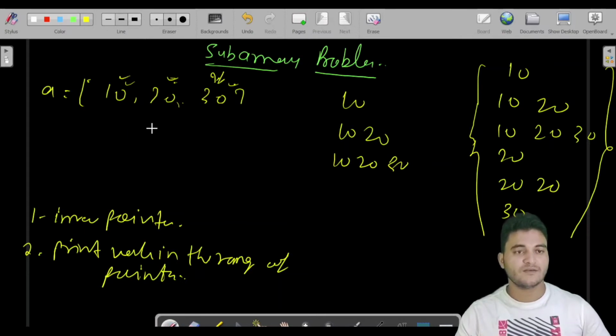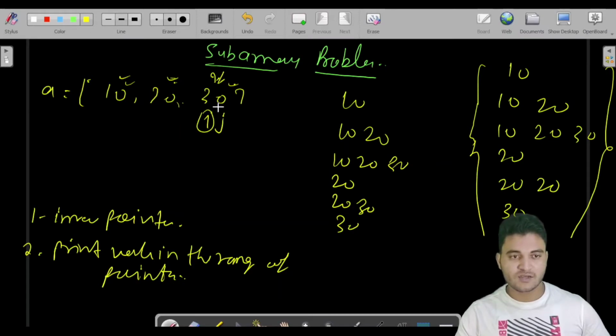So i is here, j is here. Print all the elements from i to j, which is 20. Now we'll move j, not i. So j is here. Print all the elements from i to j, which is 20, 30. Now j has reached the end. We have to again start i and j at the plus 1 of the previous state of i, j. Print all the elements from i to j, 30.